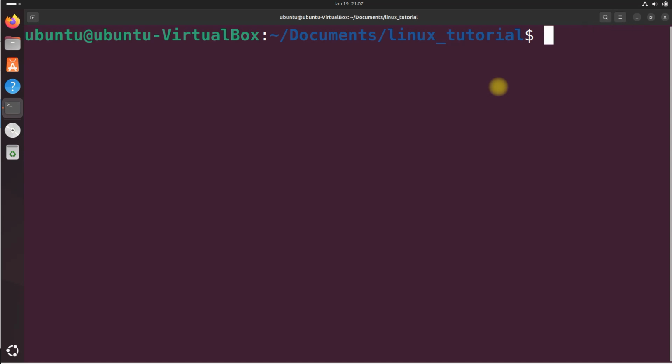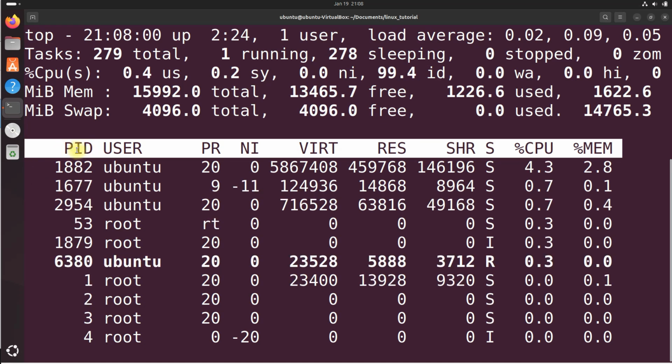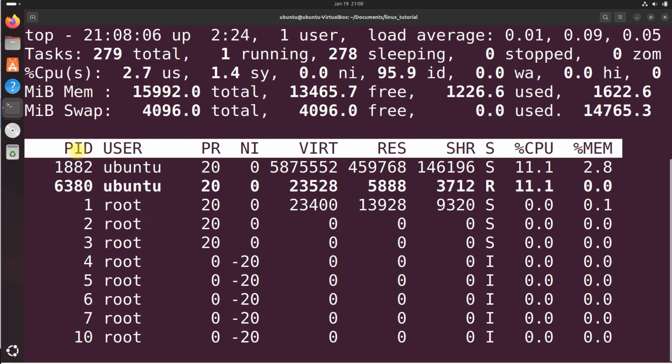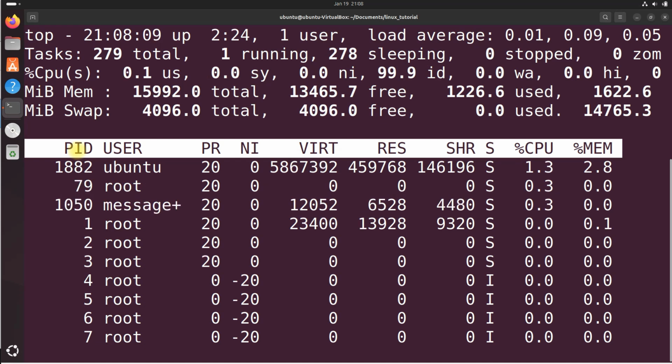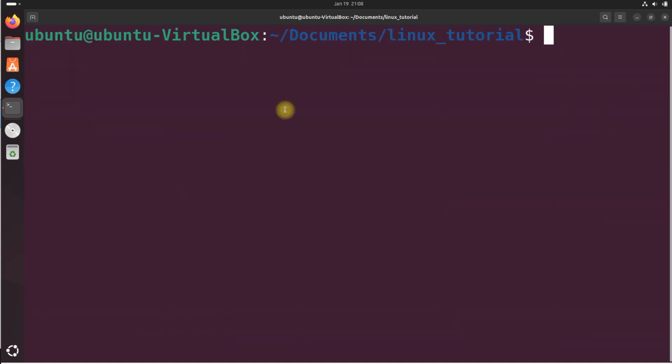And how do you get the process ID again? You type top right there, and you can see over here on the left, PID, the process ID. Remember, shift M to sort by memory usage, and shift P to sort by CPU usage. All right, let's quit by pressing Q. Clear it out. And now, to terminate all processes with a specific name using killall, type killall followed by the